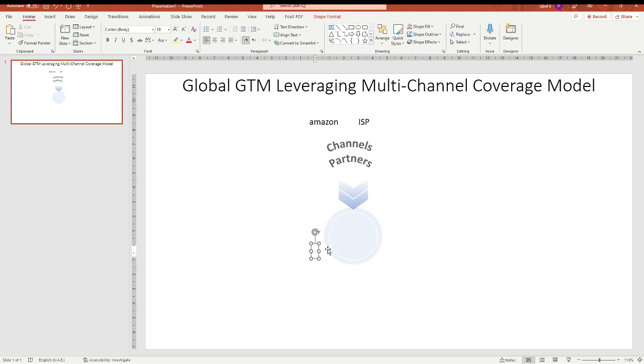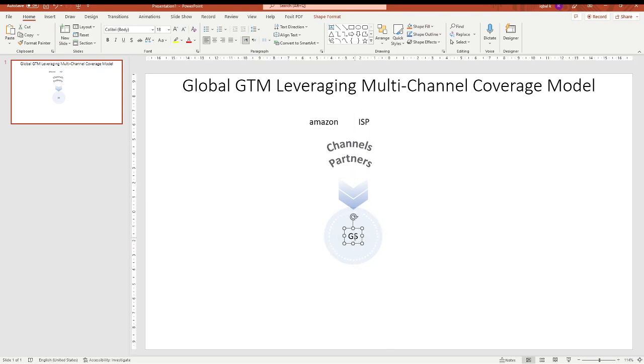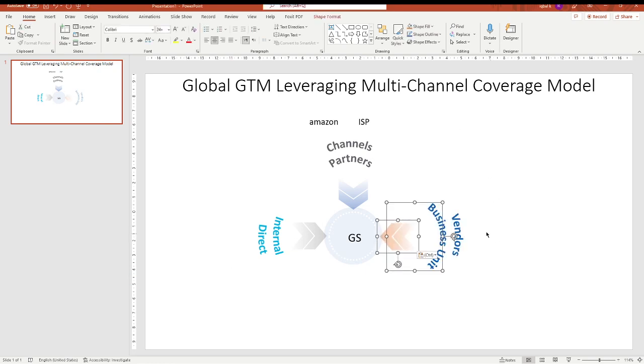So in the heart of the whole thing is your company name. For example, if your company name is Global Services, GS or DGS, just Global Services. Then you have the internal direct revenue streams where you have a little bit of alliance with some companies who pass on the leads to you. This could be your direct friends, this could be your alliances, this could be your partners as well. It happens very rarely that you have this kind of revenue referrals.